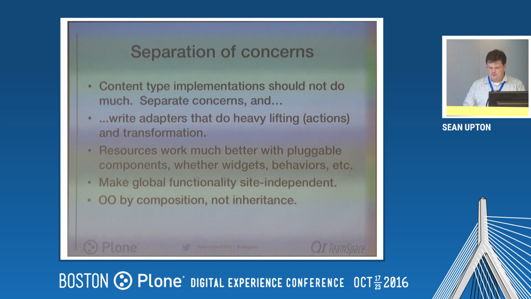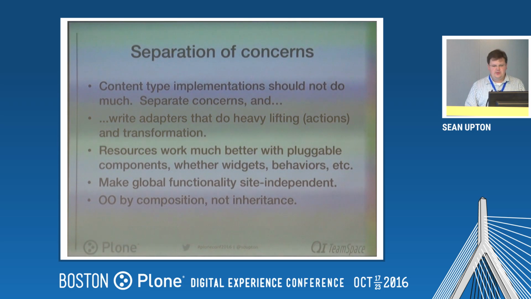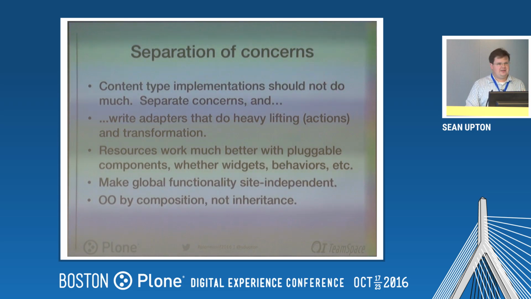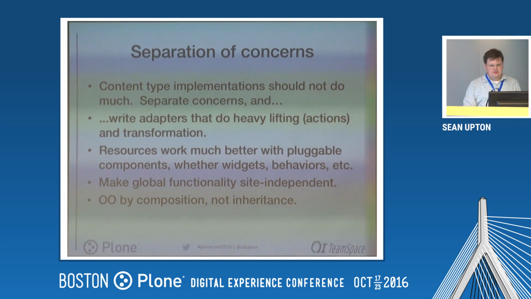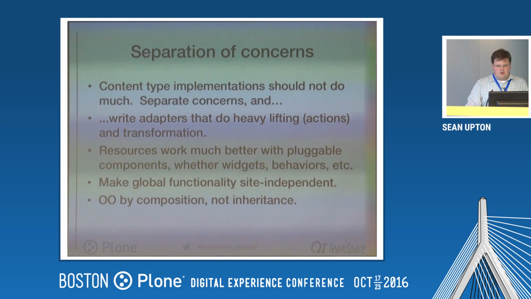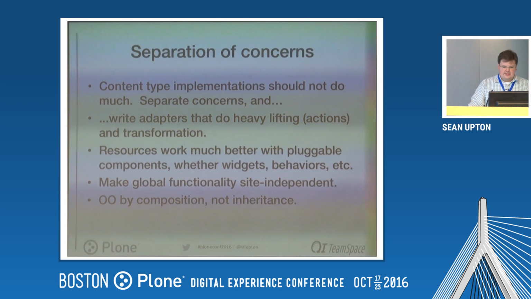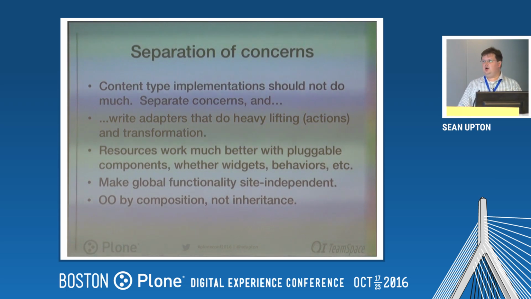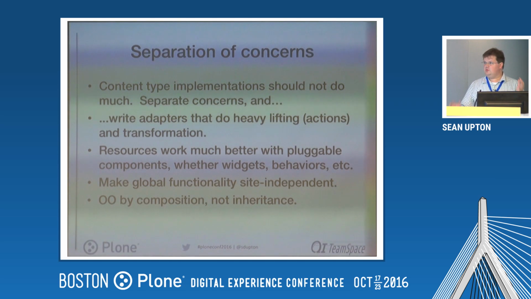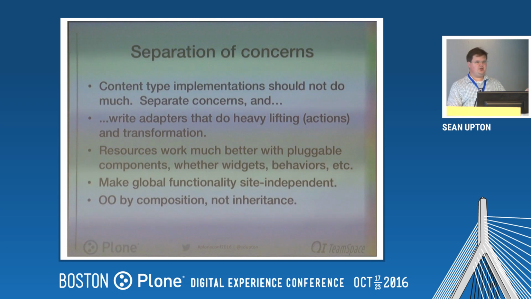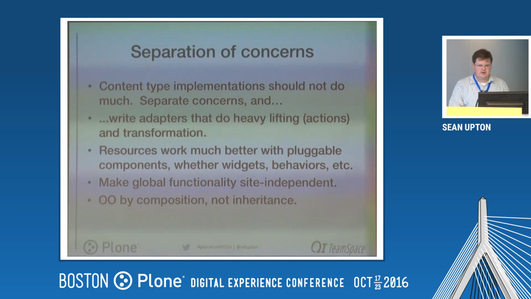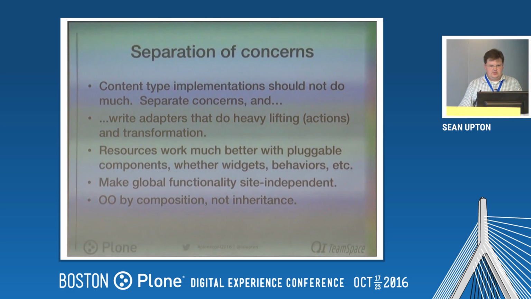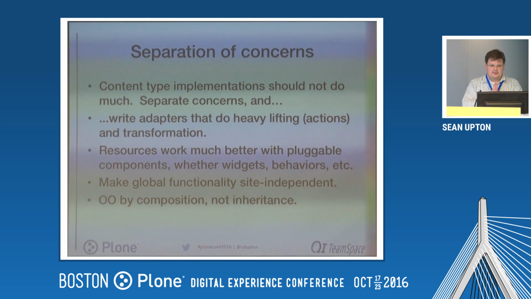So I'll give a few examples in subsequent slides, but my argument is that resources are going to be easier to work with when they're smaller. They're also going to be easier to work with when they're pluggable. And so if you separate these concerns, we can make global functionality site independent. We can look up things that are useful for the site. We can do object-oriented development by composition, not by inheritance. We don't have the complexities of some of the older bits of Zope 2 that we have to deal with still. But in any case,